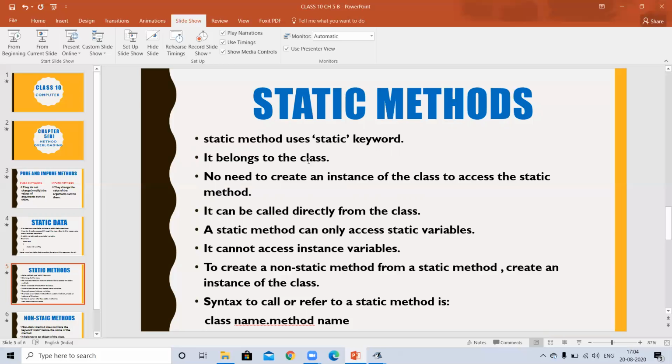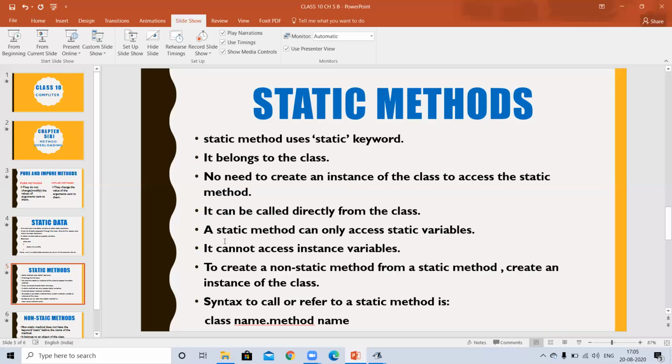In the same way, it belongs to the class. There is no need to create an instance of the class to access the static method. You don't have to create any object for that class. It can be directly accessed from the class.